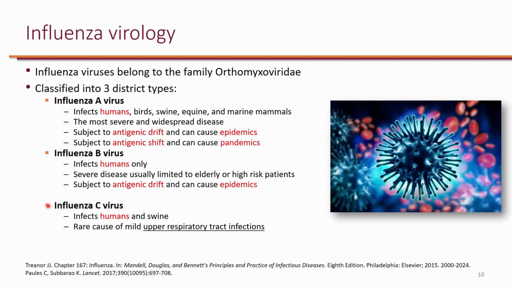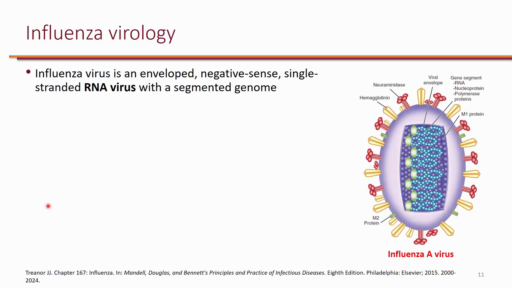Now, influenza A is also subject to antigenic shift. With antigenic shift, the variation is so much that actually a new strain of the virus is introduced, which can cause global pandemics. And this typically does not happen with influenza B. And of course, influenza C can infect year-round, unlike the seasonality of influenza A and B. Influenza virus is an enveloped negative sense single-stranded RNA with segmented genome, meaning that there are multiple RNAs inside the